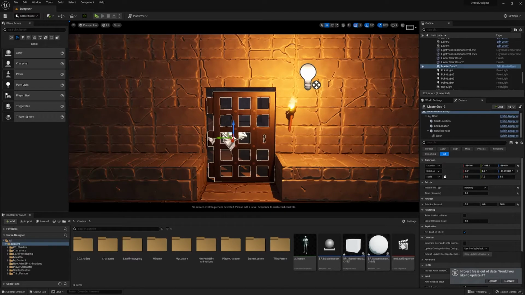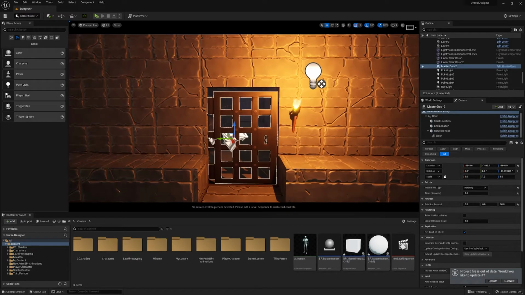Hello everyone, and in today's video we will be adding to our interaction hierarchy by adding a master door, which means already just off the bat we're making our hierarchy quite complex with multiple masters. But inside this door we're going to set up editable tools to sort the movement in editor, as we can see here. And this way, all the children doors will have a movement system inbuilt into them